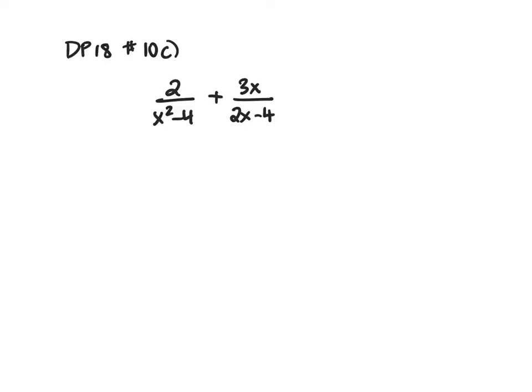Here is a talked through example of DP18, number 10C, where we're asked to use algebraic fractions and to express our answer as a single simplified fraction. So we know we need to find a lowest common denominator, and the lowest is the key to this. So we don't want to just multiply the denominators, because then we'd find a common denominator, but it might not